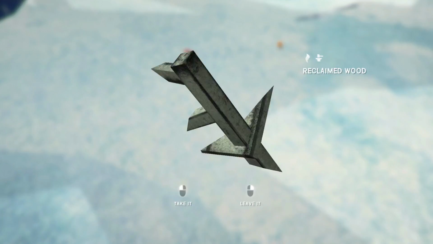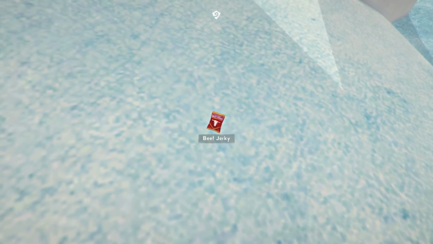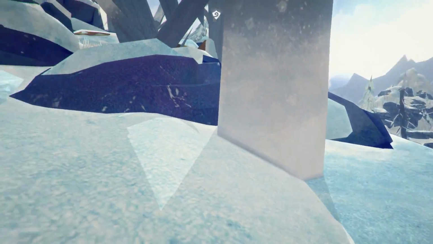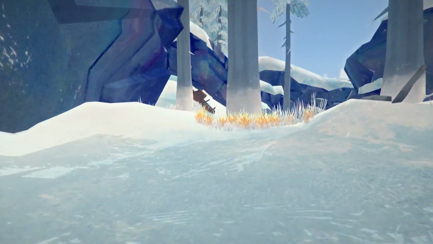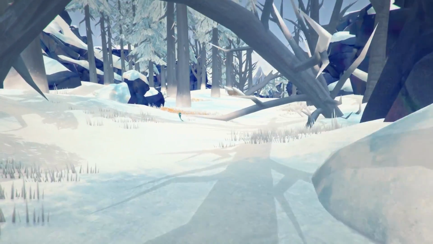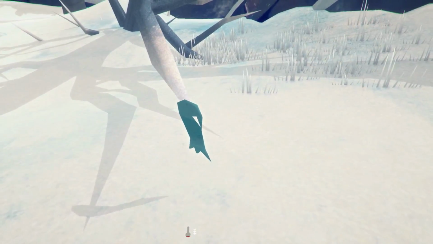More reclaimed wood, more, a soda, and some beef jerky to eat. We've got a lot of wood on us. I don't think we need to be spending too much more time gathering wood. That's the way we just came from. Let's continue this way. And look, there's a piece of clothing that was